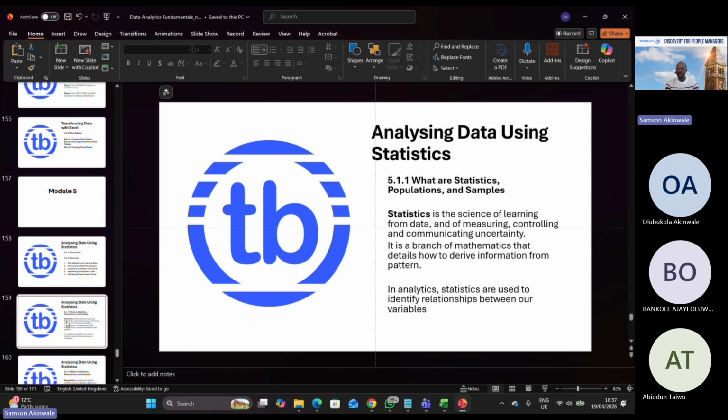how to derive information from a trend or what you call a pattern. So, an ability to derive insight from something that looks like a reoccurring event or a reoccurring phenomenon. That ability is what we call statistics, because statistics will be able to help you put your hand around that thing and figure it out. And that's exactly the crux of the work of an analyst, for you to cite or observe what is